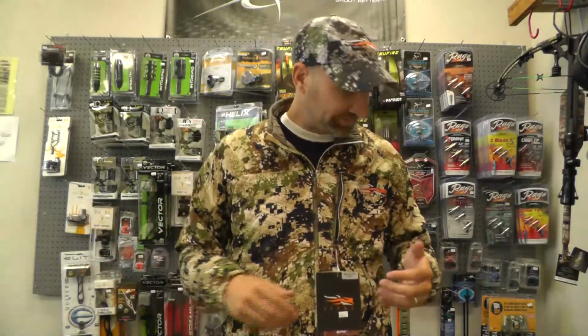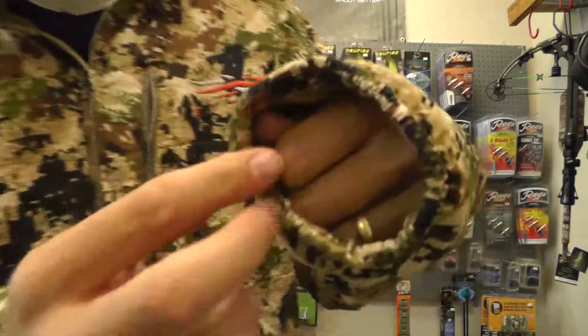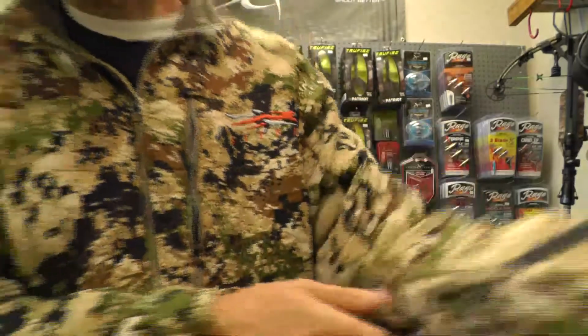So I have everything where I can just move my hands around my body without a whole lot of movement, like waving your hands and fumbling for stuff. You're trying to minimize your movements as much as you possibly can, especially in bow hunting because you're having those close encounters. The sleeves on these, I'll pull my hand in here, there's elastic around there,